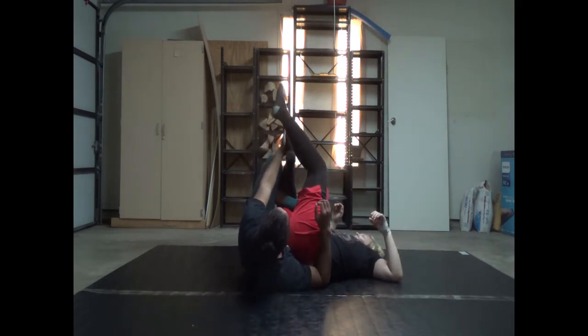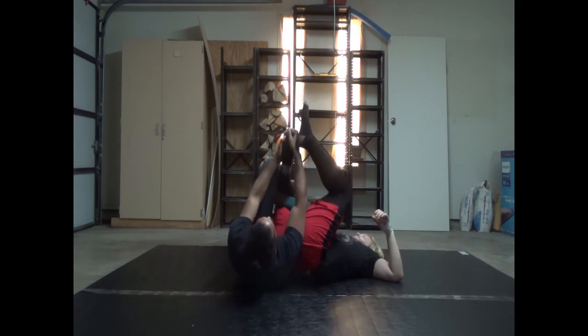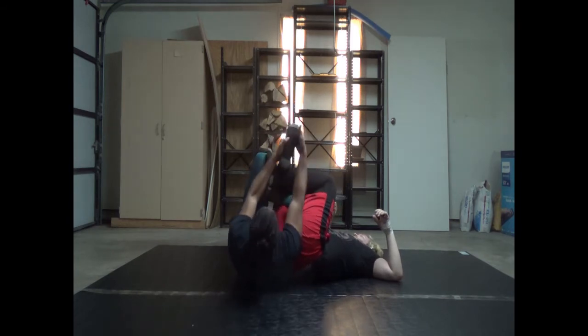So, we went for that calf slicer. And let's say he puts his ankle under his other ankle. Now he's got something that can lift as I pull